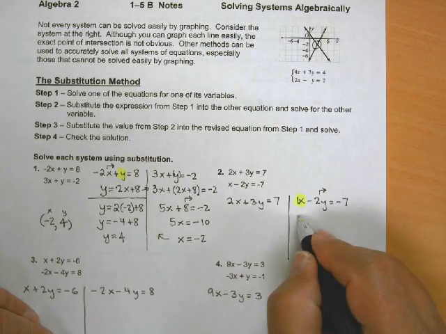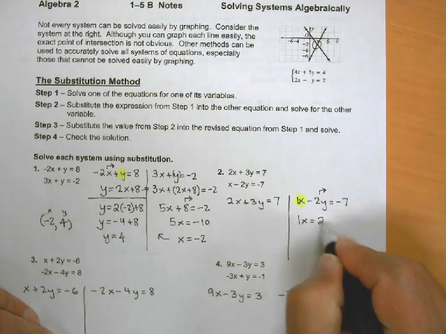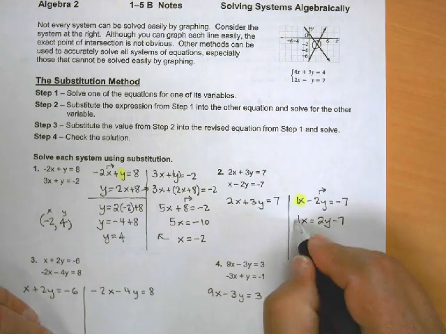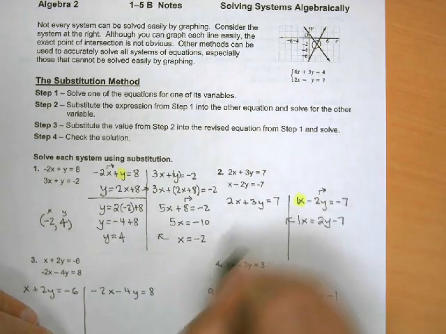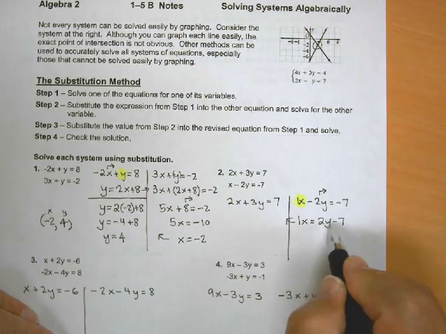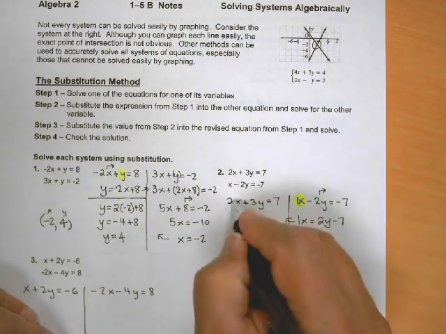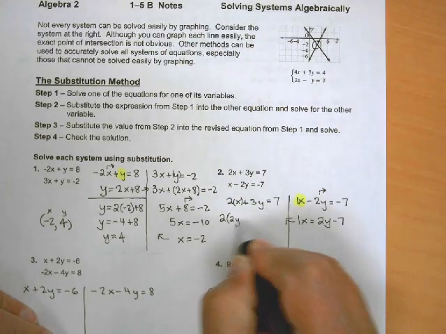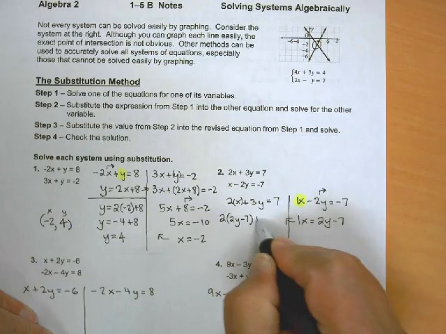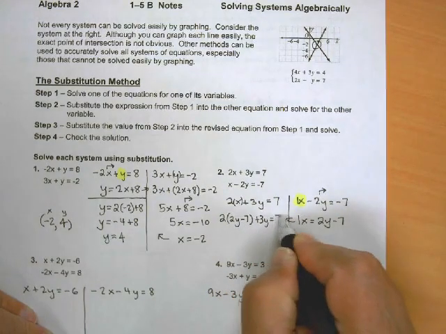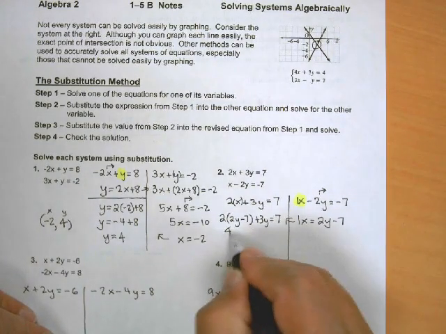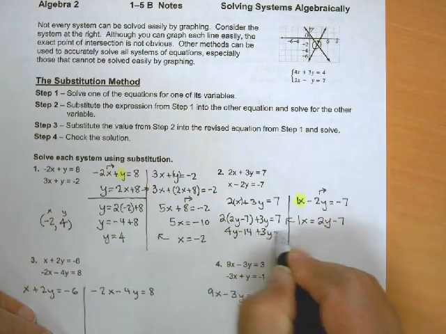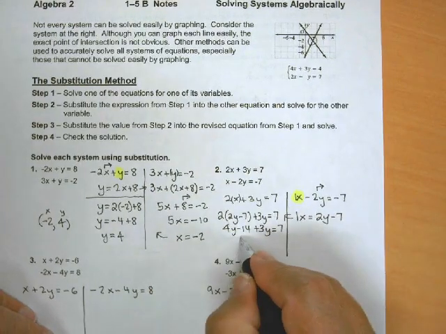Alright, so you get 1x here equals 2y minus 7. And now we're going to substitute on the other side. That x is the same as 2y minus 7. So we're going to replace the x with 2y minus 7. Distributing here gives 4y minus 14. Combine my like terms